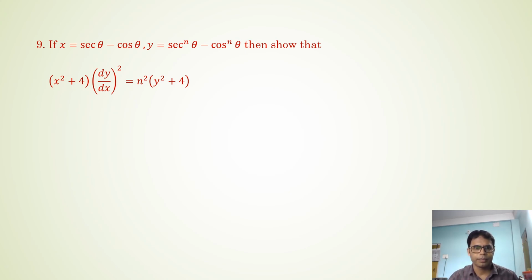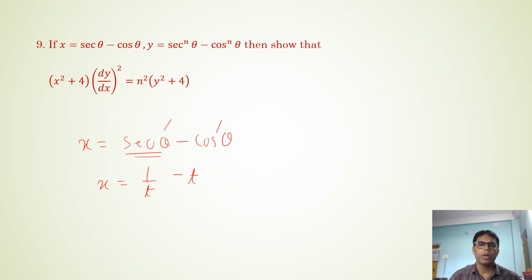অলপ এটেনশন দিবা। সো ইয়াতে তোমাক দিছে x is equal to sec theta minus cos theta, তার মানে আলটিমেটলি যদি sec মানে x হয়, this is 1 by t and this is t, তার মানে এটা আনটো রেসিপ্রোকাল, sec and cos are reciprocal of each other, গতিকে 1 by t minus t নাইবা তোমাক এনেকেও দিব পারে t minus 1 by t, আৰু y is equal to t to the power n minus 1 by t to the power n, because it is sec power n আৰু cos power n,